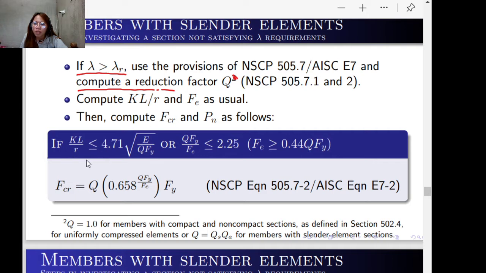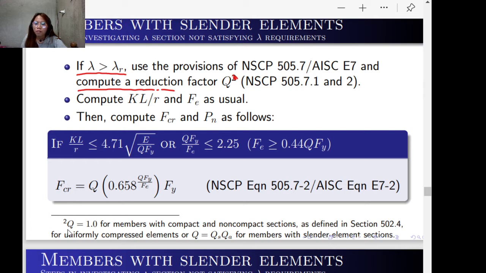Then if the KL over r is less than or equal to 4.71 square root of E over QFy, now since you already computed your Q, or QFy over E is less than or equal to 2.25, or if Fe is greater than or equal to 0.44 QFy, then use this Fcr, or the critical buckling stress, equal to Q times 0.658 to the power of QFy over Fe, times Fy,